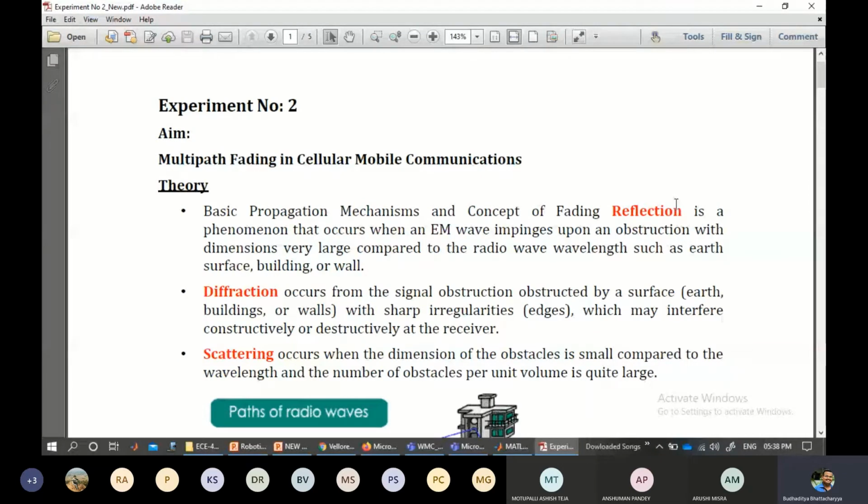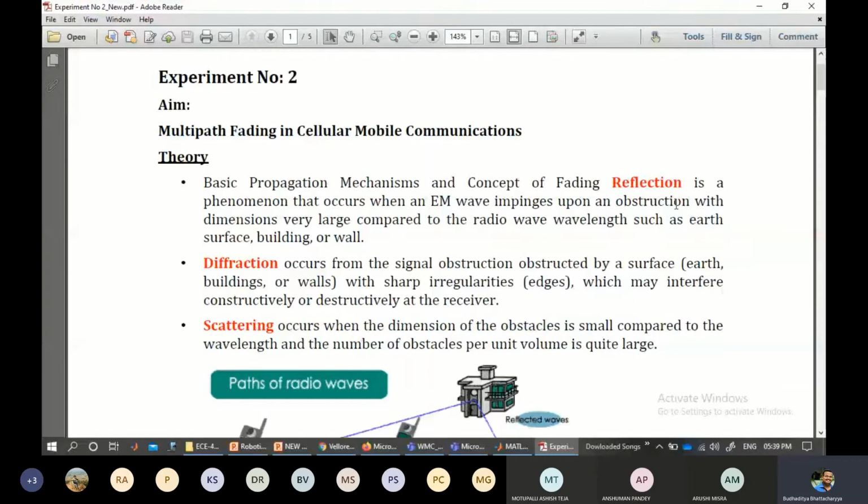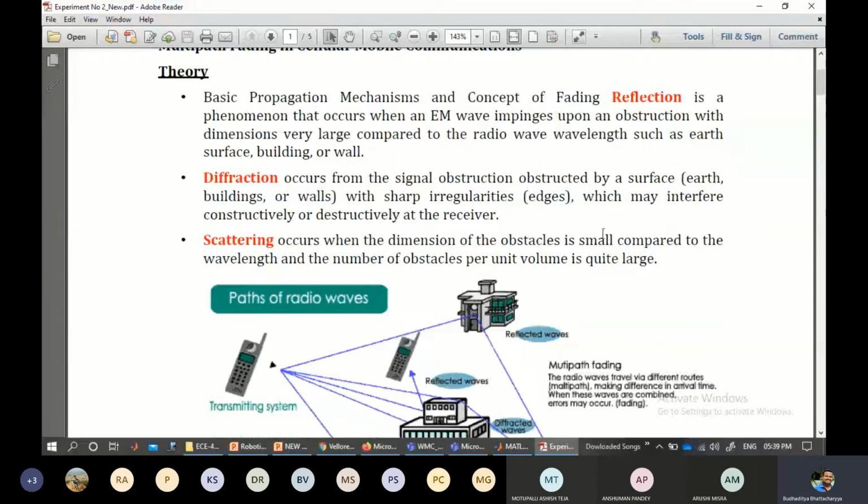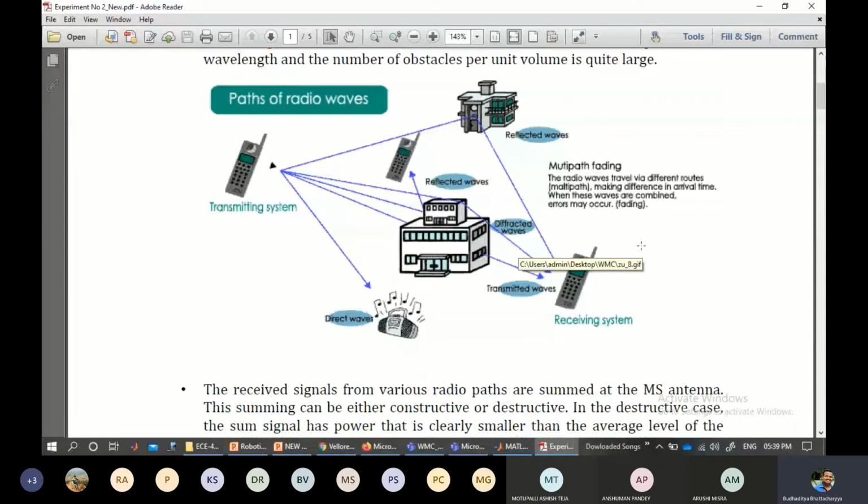So this is a time I would take in establishing those facts which might be relevant for the lab purpose, especially. You can observe that the last day, when we started off our multipath fading in cellular network in the second module, we had already started with reflection, diffraction, and scattering. So all these parameters and terms are pretty much known to you now, so I won't take that much time to go through it.